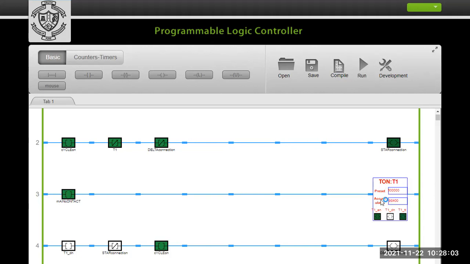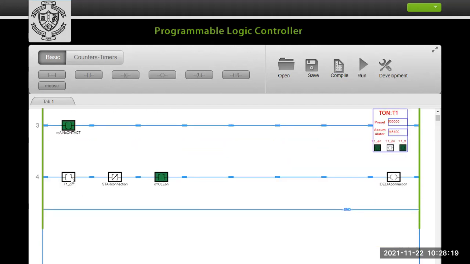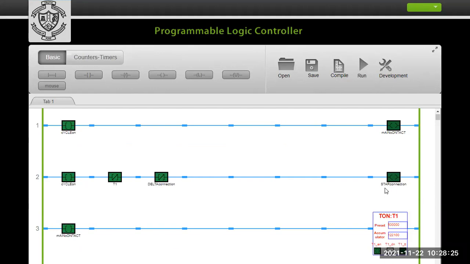Till now our accumulator is counting and the preset value is not reached. That's why, just remember, the timer DN bit, the done bit, is not enabled, it is at the 0 state. So here the timer DN bit is 0, till now it is 0. So the motor is starting in the star connection and it is going on.